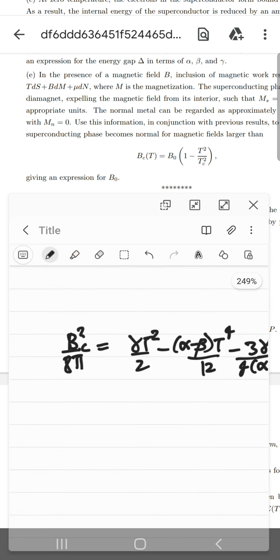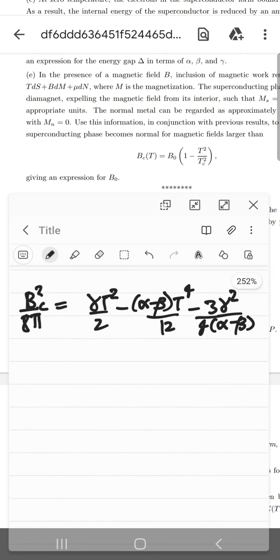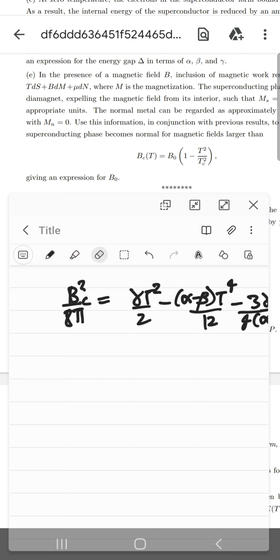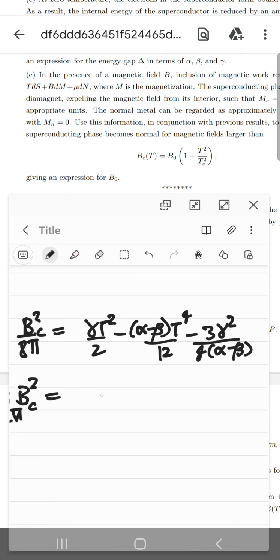Oh, because it's a square. Oh, obviously, sorry for that. We should complete the square first. So complete the square and then see what happens. Just multiply this whole thing by, I suppose, 12. Maybe just 4. Nah, 12 is good. So multiply by 12. You just get 3 by 2 pi b squared critical. That's equal to 6 gamma t square minus